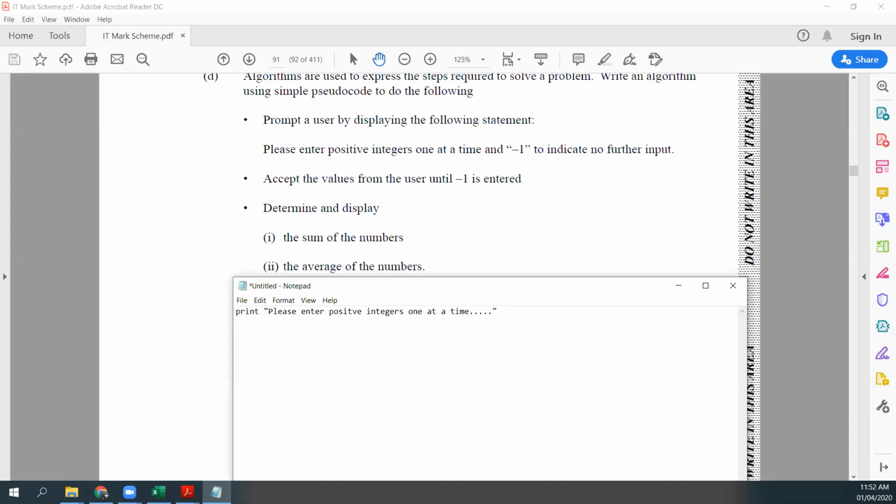The second thing is you're going to read, right? So you're going to read a variable. You're going to call this variable number, for example, right? Now you're going to accept values until -1 is entered, right? So that means you're going to repeat some statements until a condition is met. So you could use a while. So while number is not equal to -1,